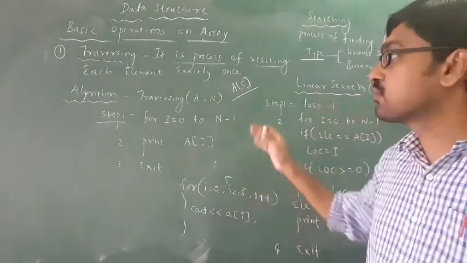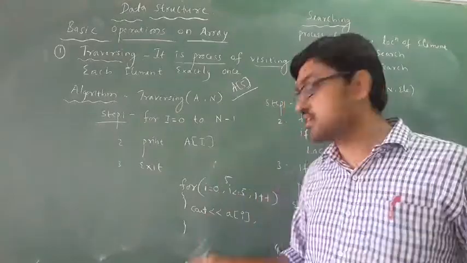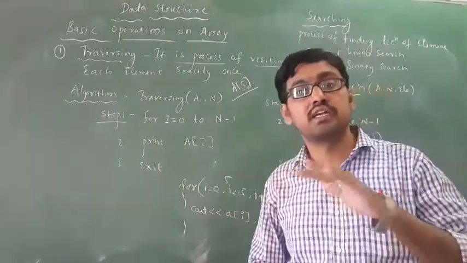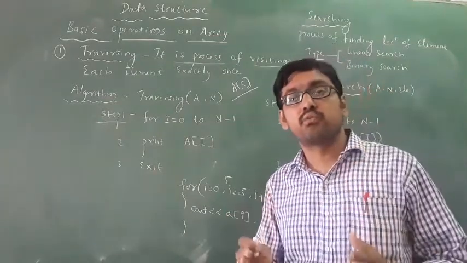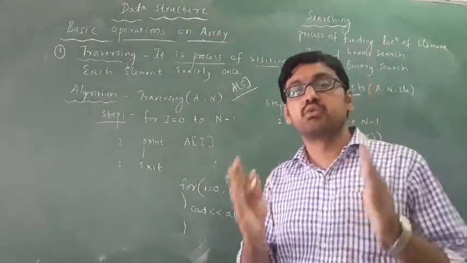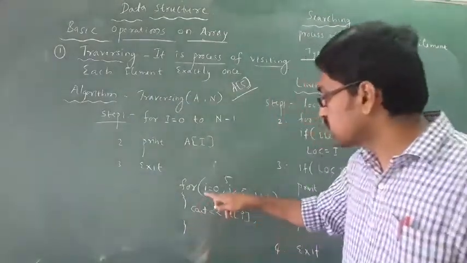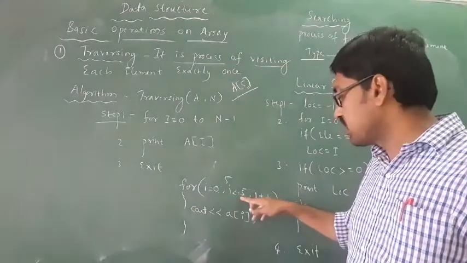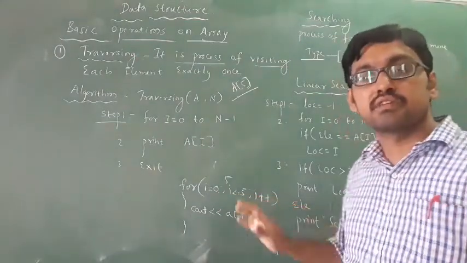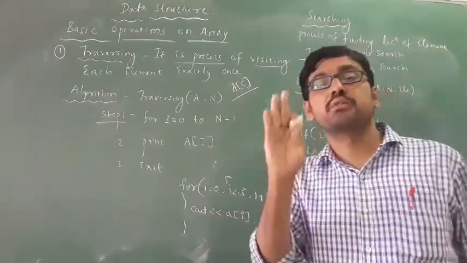Where do you have to use this process? When you are writing programs, without traversing, without a for loop, you can't write any program in the second year. In second year, all your programs are written by using a for loop. Okay, you have to remember this is common. For loop I equal to 0, I is less than equal to 5, or I is less than n, I plus plus. This is common. Then by using an array only you have to write the programs.